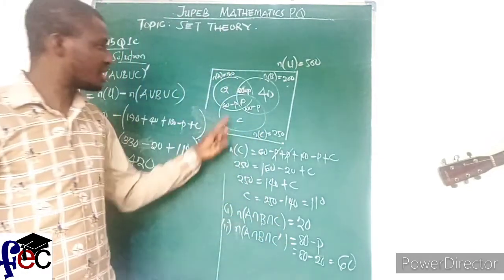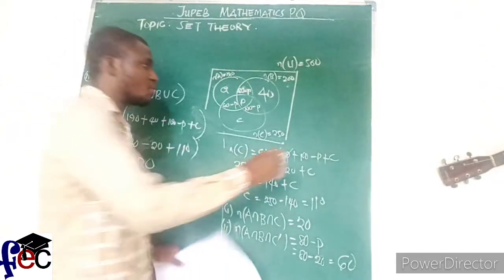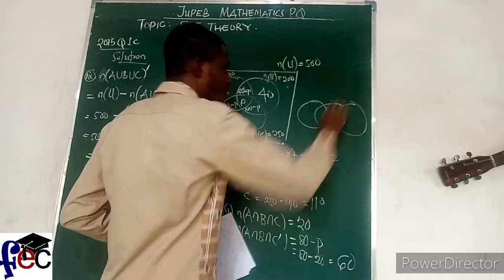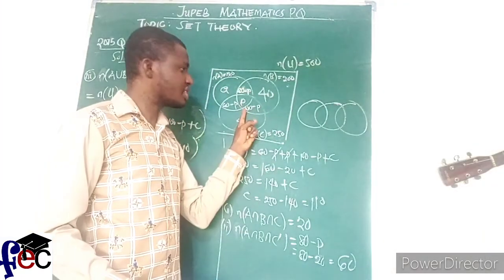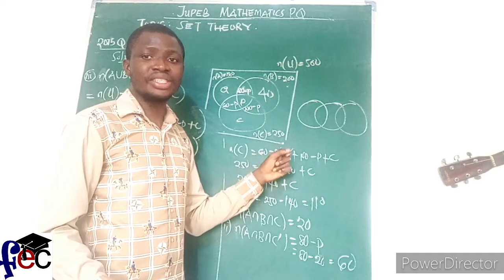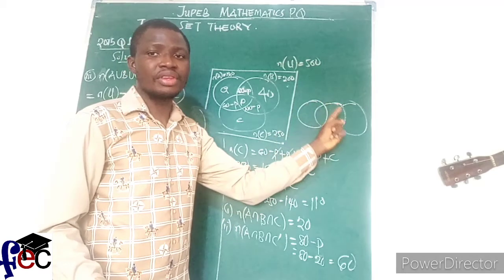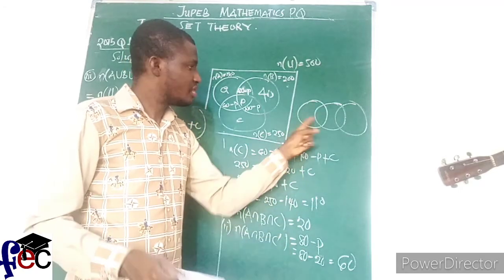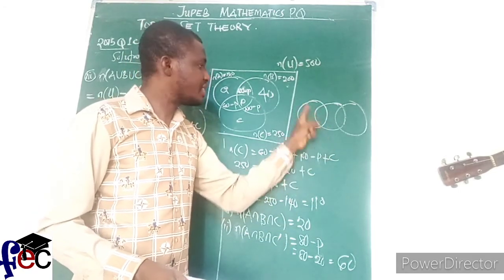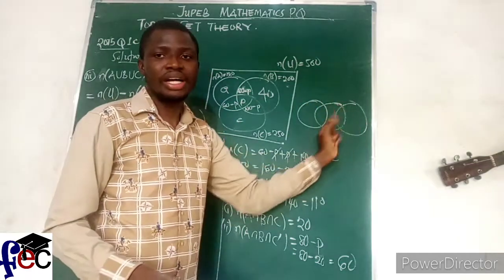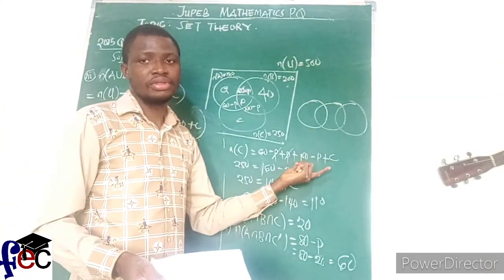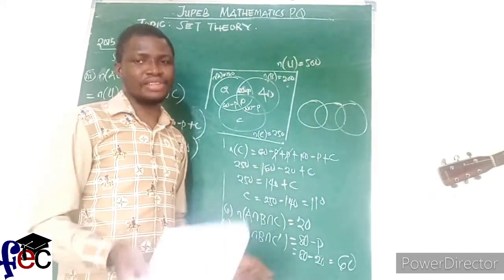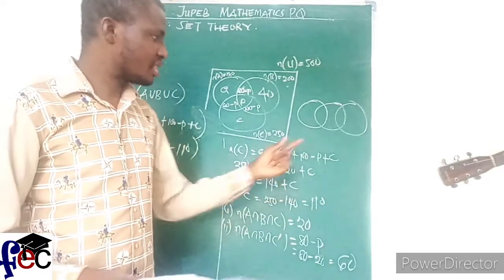I know you are used to three subsets like this. Watch out for questions whose three subsets will be this way, not necessarily this way, which means that there is no intersection among the three subsets, like this. That means this circle and this circle have no element in common. Are you getting it? That's the only one. But when it comes to this, practice as many questions as possible